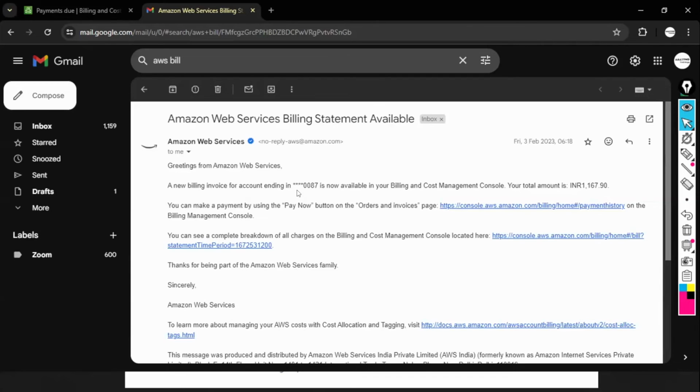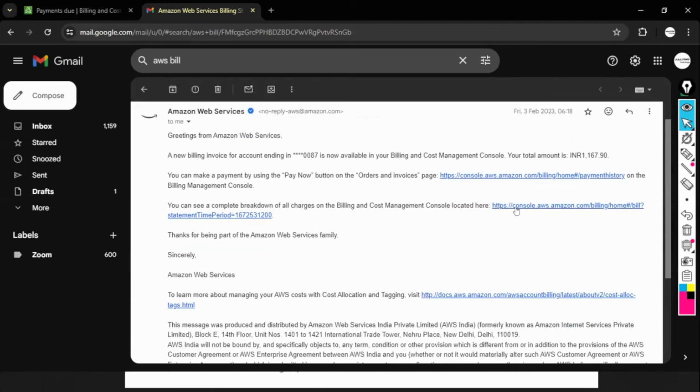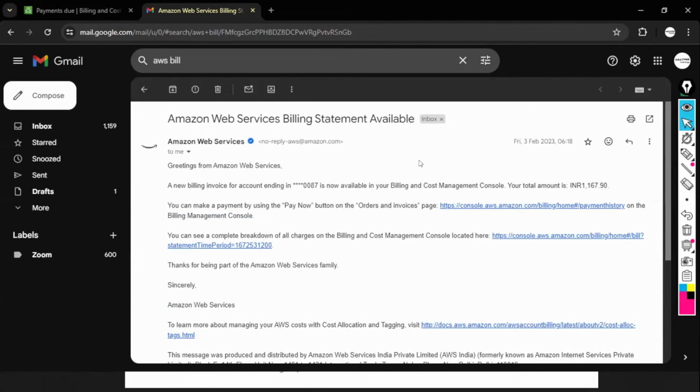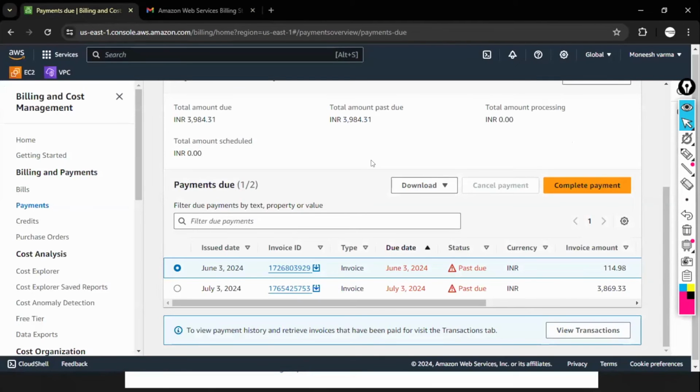For this AWS account, the billing is 1,161. To pay, go through this link. They'll send these kinds of emails regularly to pay the bills. Or I'll just ignore them.